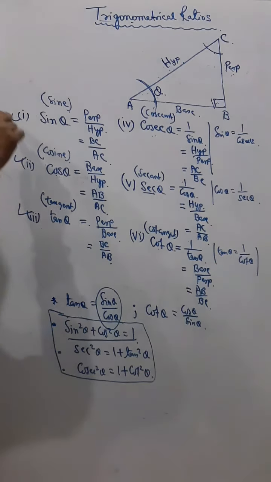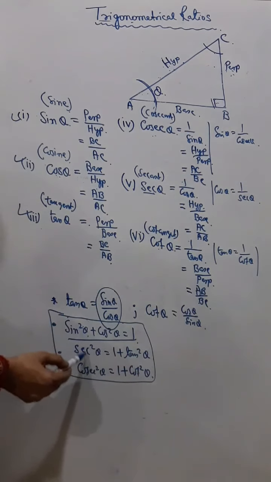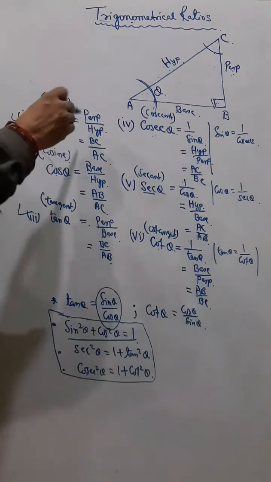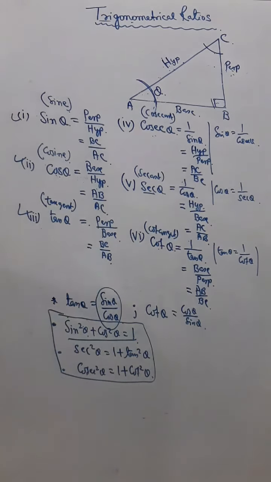Okay, so all these formulas will be required in this chapter. Especially up to here, the square relations, there are not very many sums in this part of the chapter, but you will find them in a later part. But at least you should all copy this and learn these formulas slowly. There is nothing to learn, you can remember them by doing the sums. So you should know all these relations for doing the sums properly. So you should copy this. Take a screenshot of this and then you can copy.